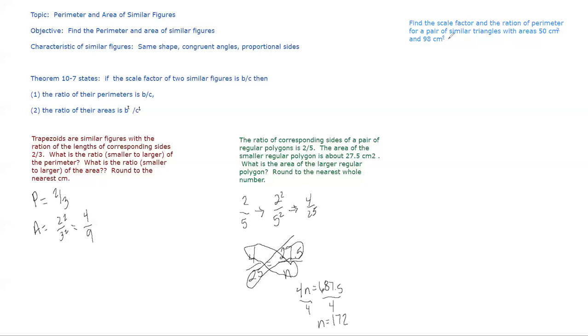Okay, now going over here, I'm supposed to find the scale factor and the ratio of perimeter for a pair of similar triangles with the areas of 50 centimeters to 98 centimeters. So I'm going to take my 50 centimeters and my 98 centimeters. So this is actually b squared and c squared, right? So I'm going to take the square root of both of those. The square root of 50